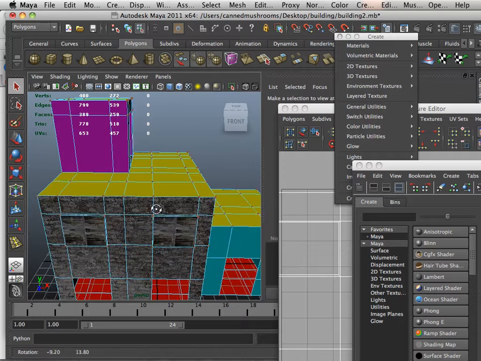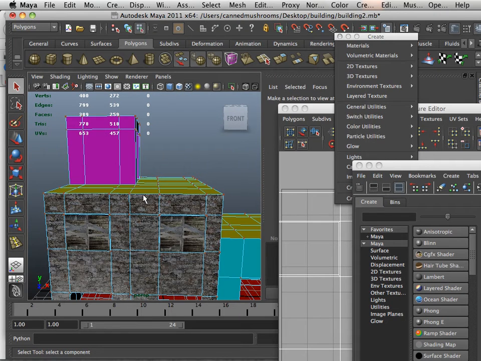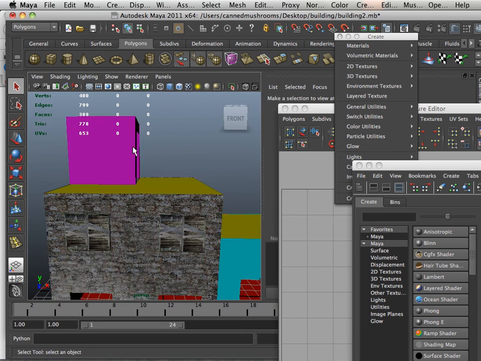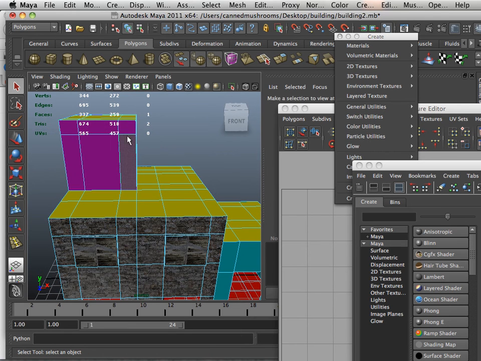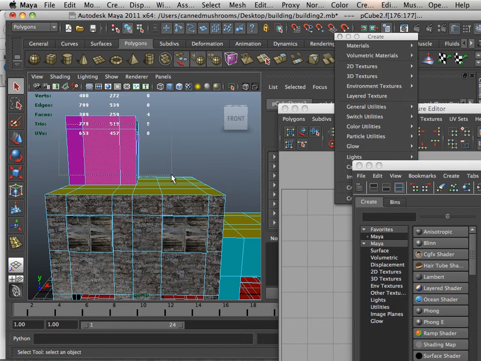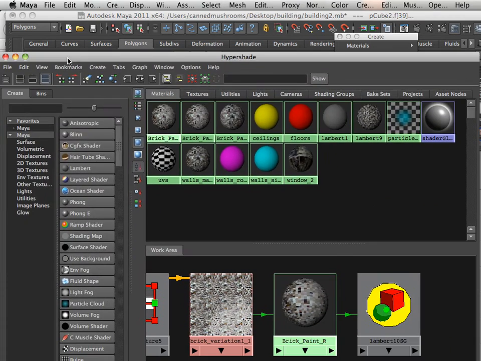So now what we're going to be doing is looking at the floor and ceiling textures, and we still have to add some texture to this building right here on the very top. What I'm pretty sure we can do is get away with using the very same texture that we started with, the one without variation, and that is, I believe, Lambert 9. And this is why